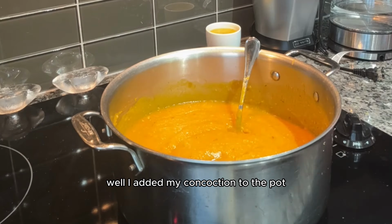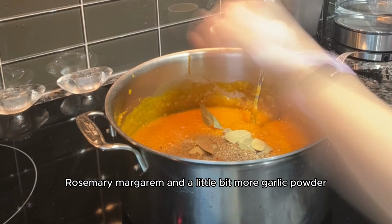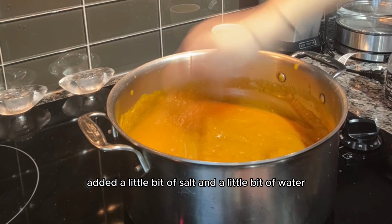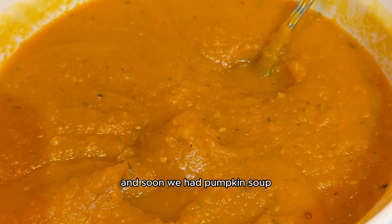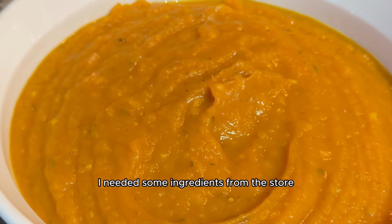Well, I added my concoction to the pot, then added some oregano, bay leaves, thyme, basil, rosemary, marjoram, and a little bit more garlic powder. You can never have too much garlic. Also added a little bit of salt and a little bit of water and tasted it as it simmered to make sure the flavor was just right. And soon, we had pumpkin soup. It was so good. I was excited, and as it cooled off,